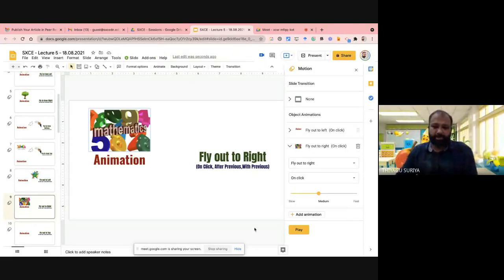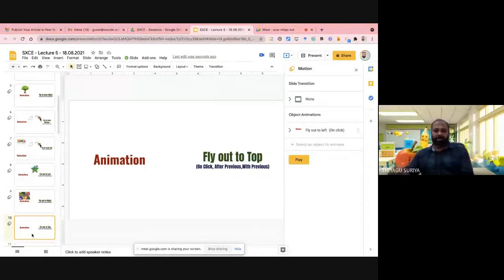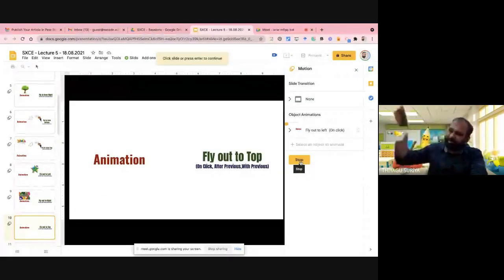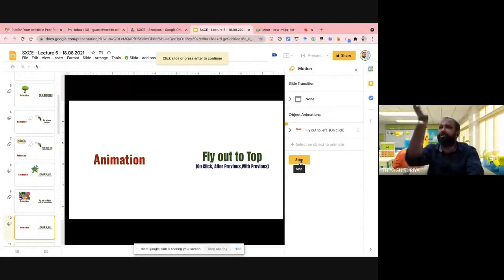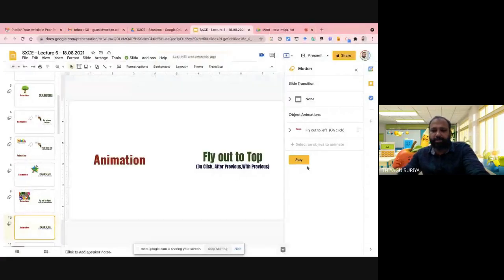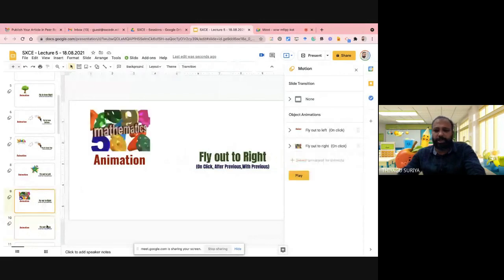Yes, now I'm on to the third of this same feature, fly out to top. Similarly, it may go to the top. For this, I'm just showing this demo because I already made this option also. Now you can see all the content is visible. Once I press the keyboard, the animation may go to the top. So I like to modify it, like the left one. Now I can stop pressing it. This is the top one.